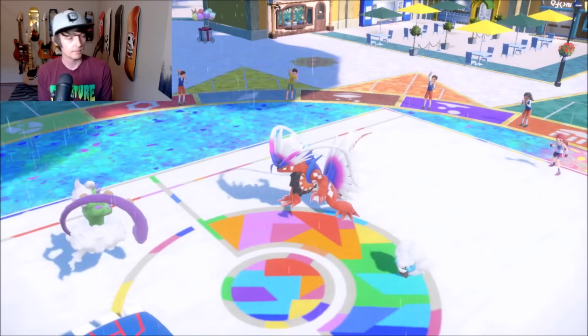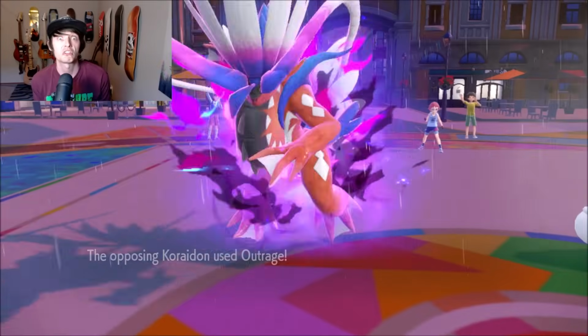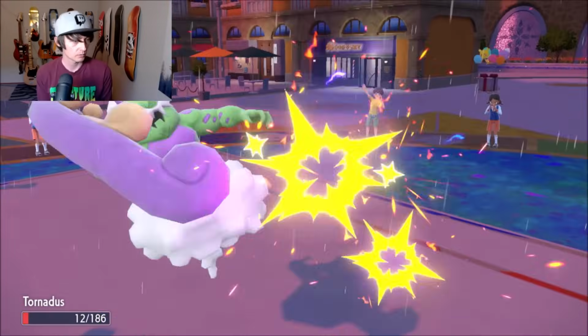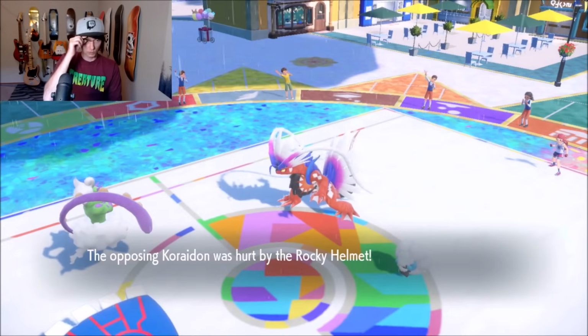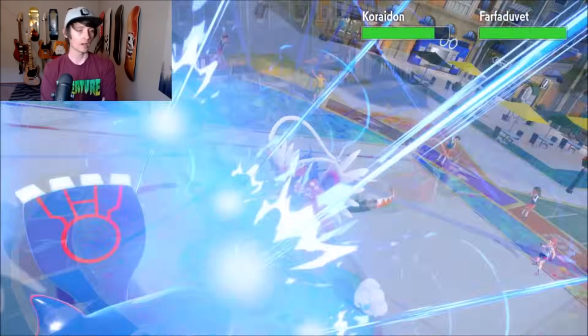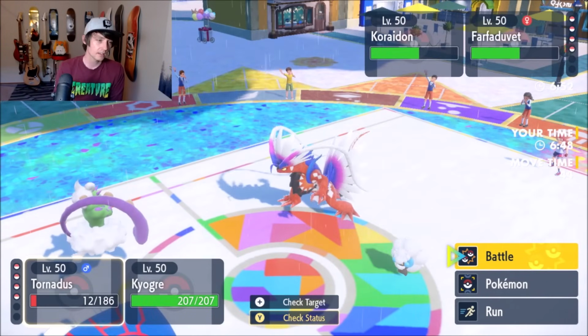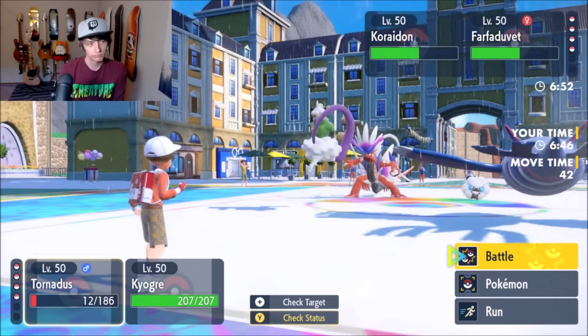So Ice Beam would have definitely not been the play. If there's a Rain Dance under it, they're going to Outrage turn 1. Good thing we got Torn over here. Holy Tornadus. Rocky Helmet, thank you. Outrage Koraidon is spicy dicey, but we have a way to outplay this, I think. I mean, we could go...